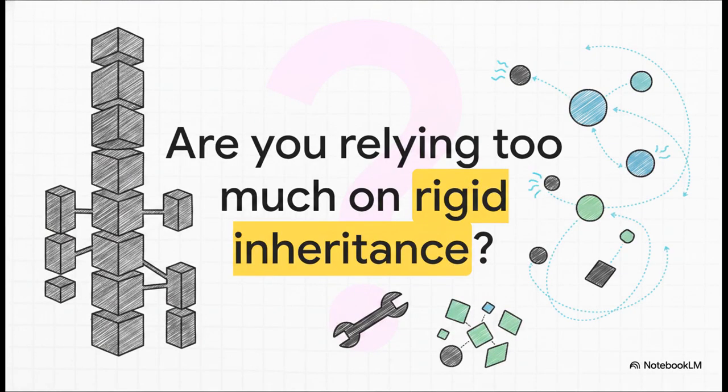Which leaves us with a final thought to reflect on as you go back to your own code bases. Ask yourself, are you relying too much on rigid inheritance out of pure habit? Is your codebase suffering from the code inheritance trap when a simple functional hook or a paradigm-neutral approach could make it infinitely more sustainable? The tools to build better, more flexible systems are already in our collective repertoire. I think it's time we fully embrace them.